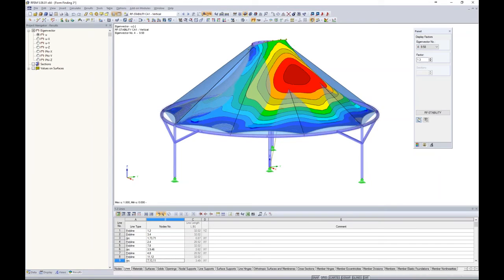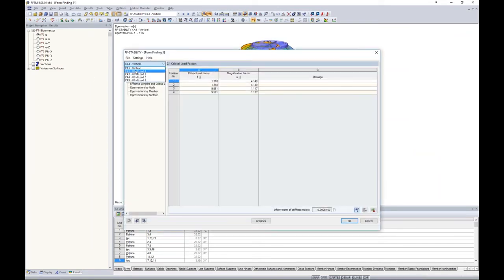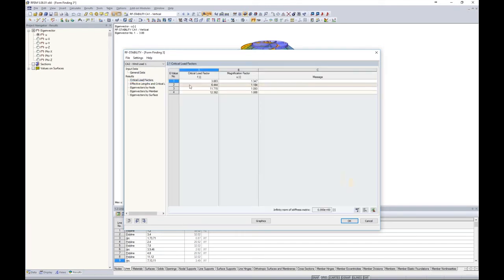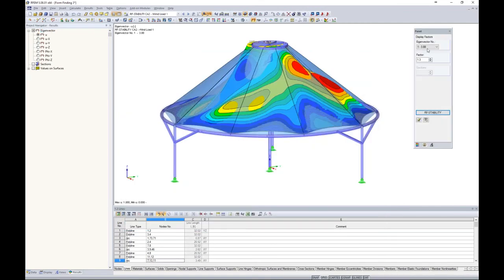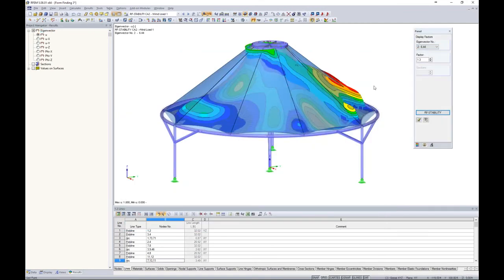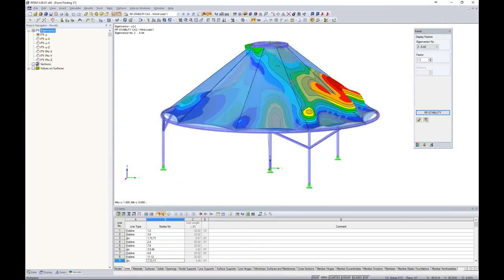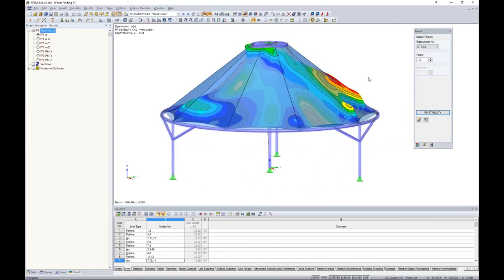Now, in the same sense, going back to RF stability, I have created a second case here called wind load, and I imported in my load case number 2, my wind pressure column. I run my calculation, I get my critical load factors for now my first wind load case. Again, I can view all of this graphically to view the different buckling modes. So just quite interesting to show you what the behavior of the structure is under those applied dead loads and